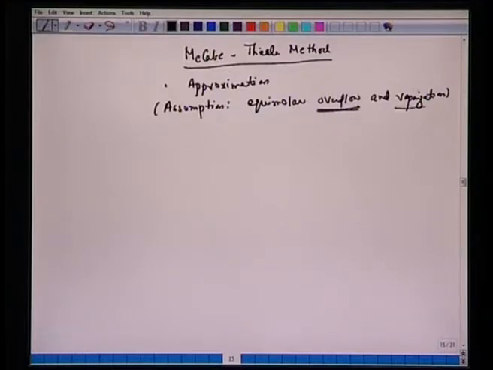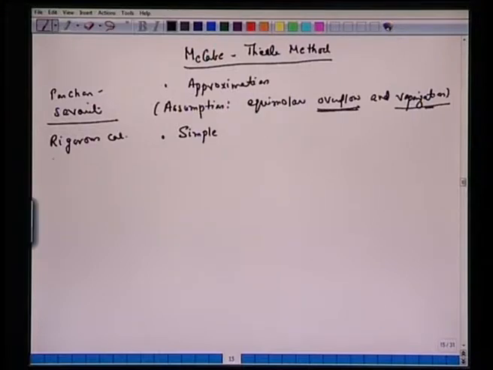Similarly, when we say equimolar vaporization, the molar flow rate of the vapor from one tray to another is constant here. We will continue with the discussion later. This method is simpler than the previous method, the Ponchon-Savarit method. If you recall, that method has a very rigorous calculation for the energy balance, or enthalpy balance.